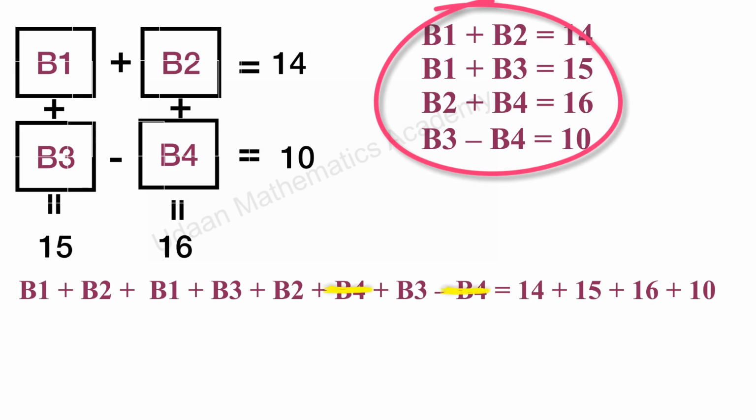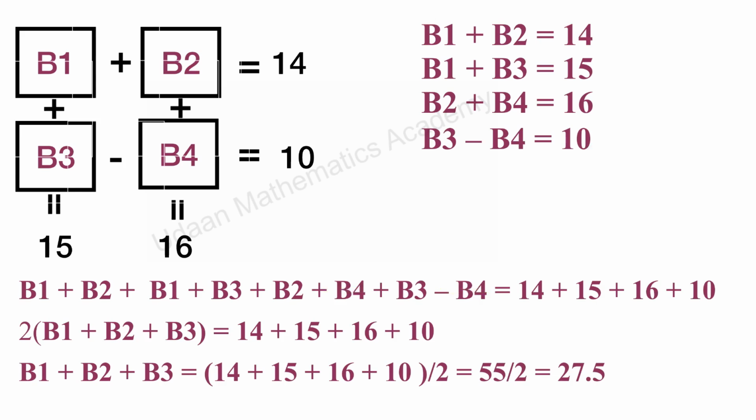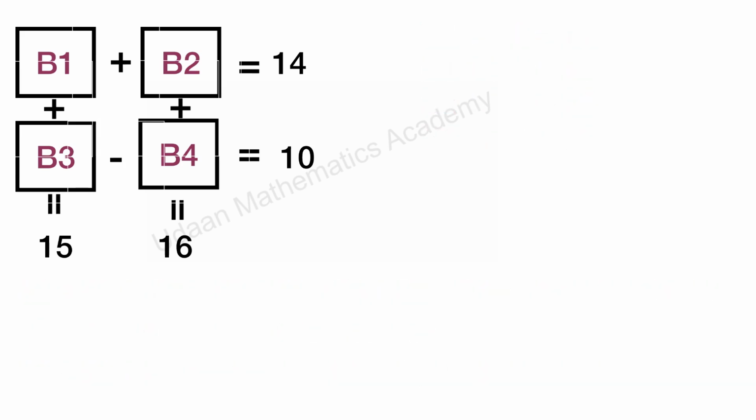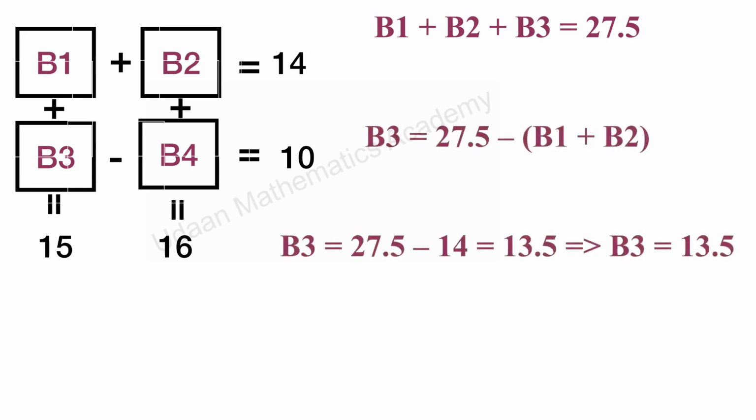We can cancel here B4, and solving this equation will yield B1 plus B2 plus B3 equals 55 divided by 2, which is equal to 27.5. Let's call this the original equation, that is B1 plus B2 plus B3 equals 27.5. This original equation can be written as B3 equals 27.5 minus (B1 plus B2). But we know B1 plus B2 is 14, hence the value of B3 is 27.5 minus 14, which equals